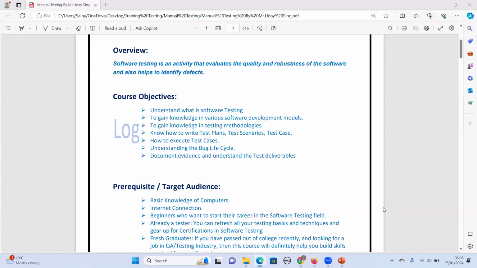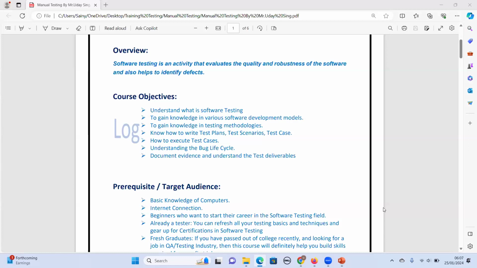Test deliverables are nothing but your test plans, your test cases, your test scenarios. Once the project is over, we will email the client the test plan, test scenarios, and test cases documents. So these are all the deliverables we agree on before testing the project.